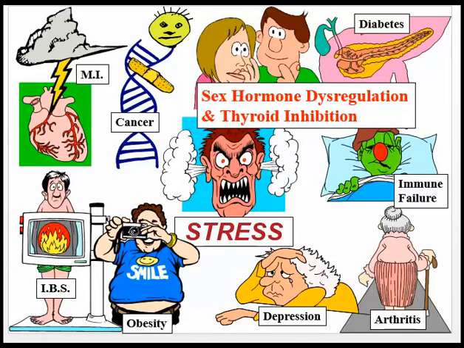Stress is one of the number one killers in the United States. The adrenal glands sit on top of your kidneys, and they produce what is referred to as the stress hormone called cortisol. It really is linked to everything from obesity, central adiposity, where you put weight around the abdomen, depression, arthritic changes, immune issues, and it can create havoc with the sex hormones as well, and thyroid inhibition that we just talked about. Stress also has a connection with diabetes because of the sugar regulation that cortisol is involved in.